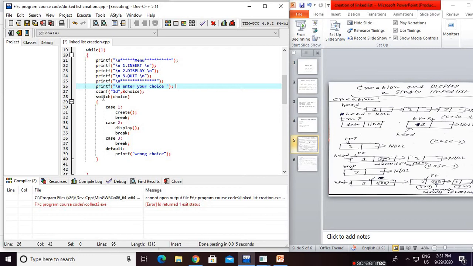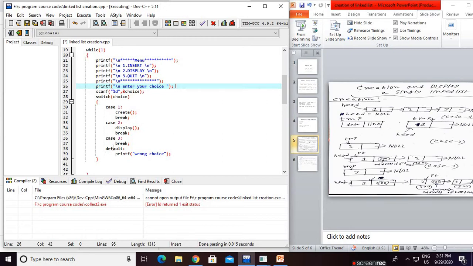First, if your choice is 1, case 1 is executed, calling the create function, then break. If you choose 2, then case 2 is executed, the display function is called, then break. If your choice value is 3, then break is executed, that means just break from the switch. After this, every case breaks from the switch.